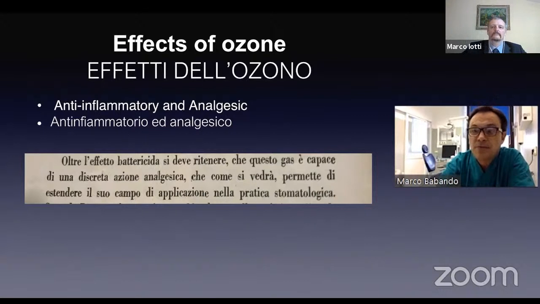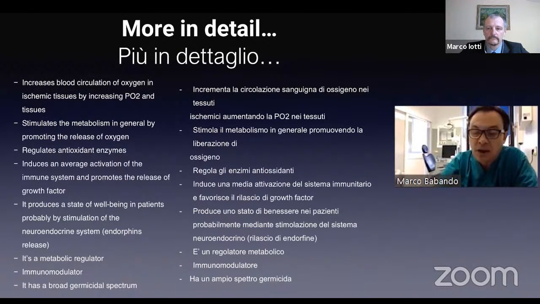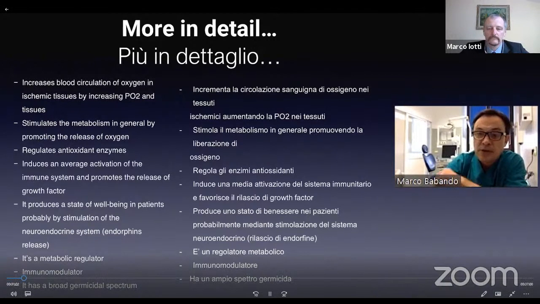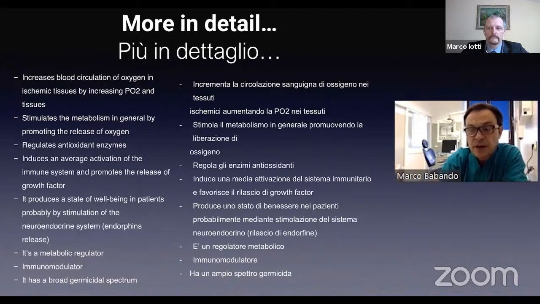In fact, we can remove inflammation from all the mucosas. Thanks to the anti-hypoxic effect, it increases the mobility of red globules, and it increases immunoglobulin and the use of oxygen from the tissues. We said that it increases blood circulation and also the oxygen in tissues. It stimulates metabolism by releasing oxygen, and it also releases growth factor and endorphin that provide a feeling of well-being to the patient. It also has an immunomodulating effect and